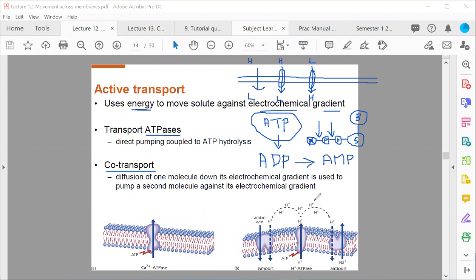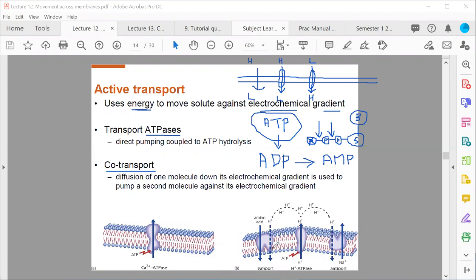Now, once you have a high concentration of protons on one side of the membrane, they will naturally diffuse, if they can, back down their electrical and chemical gradient. So how can they diffuse back down that gradient? They can do that through